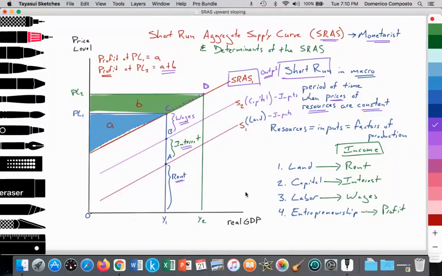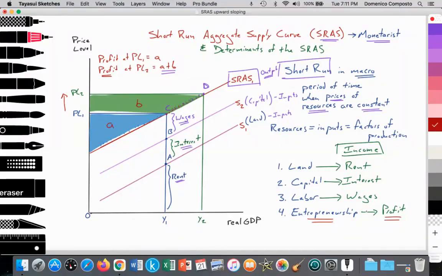The entrepreneur here is motivated to run their business because they will derive a form of income called profit. Profit is the difference between the price that the firm receives when they sell the product to the household minus their cost of production. So the shaded blue area, A, is the profit margin for the entrepreneur. And as the price rises from PL1 to PL2, the entrepreneur is incentivized to increase the quantity of aggregate supply along their short-run aggregate supply curve,